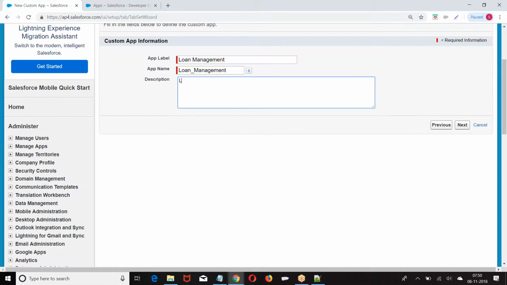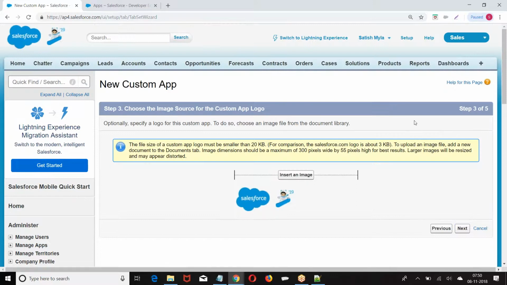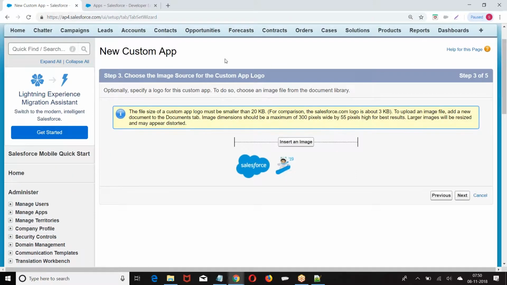Description, whatever you want to write, you can write some description. Then choose the logo for your application. If you don't specify the logo, by default Salesforce will take the default logo.